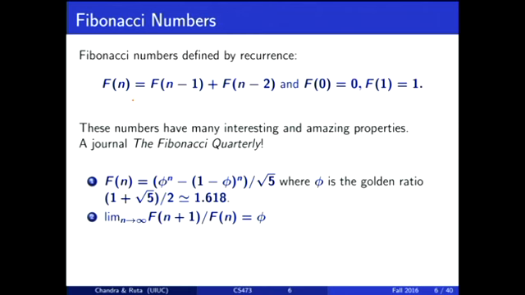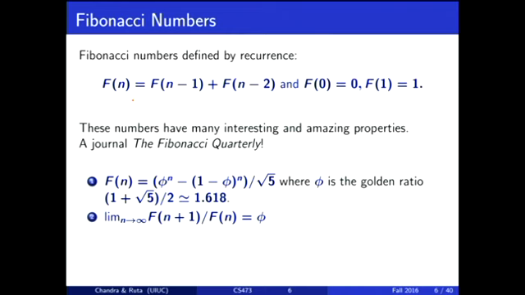f(n) is f(n-1) plus f(n-2), with the base case of f(0) is 0, f(1) equal to 1. Okay. Why is this interesting? Fibonacci numbers, for whatever reason, this recurrence occurs in life, it seems, right? It is a very strange, simple recurrence, and there are many reasons why it is interesting, both mathematically and in nature. Apparently, there are many patterns in nature where this recurrence happens, and so it has many